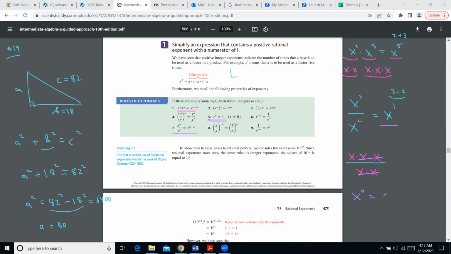Well, I can think about the same powers, let's say x squared divided by x squared. The powers are going to be subtracted according to the property we just did above. So we subtract 2 and 2, and that's how we end up with this 0 power